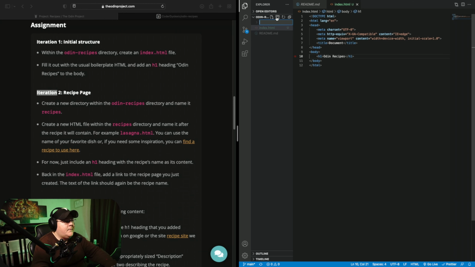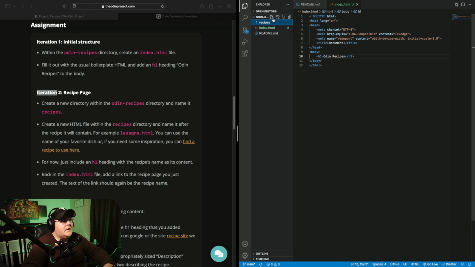So we're going to go ahead and name this recipes. Cool. So we got a file. Create a new HTML file within the recipes directory and name it after the recipe it will contain. For example,